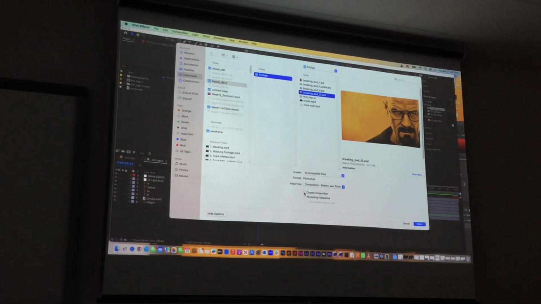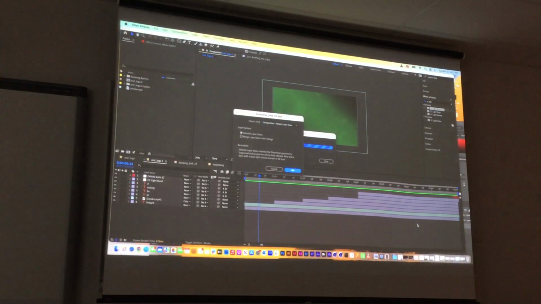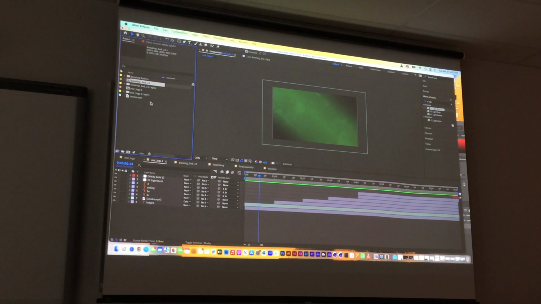And for this one also, I want to create a composition. Okay, so create your composition for that. Click on open. And it's going to ask if you want to merge the layers. And no, we do not want to merge the layers. I want to keep the layers editable and keep all the layer styles and everything there. Okay, so make sure that you have editable layer styles selected. Click on open, and you will get, here it is right here,